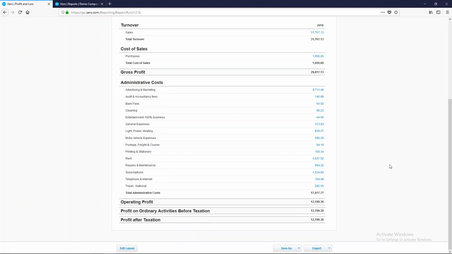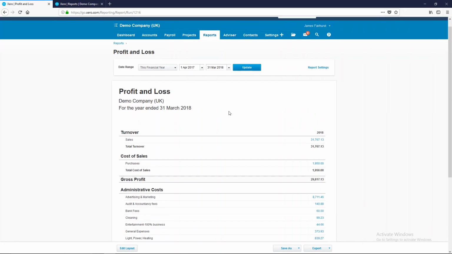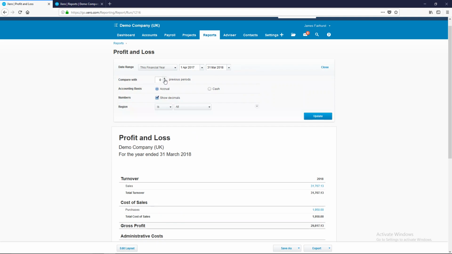If your accountant has done your accounts as well, or they might regularly look at your system on Xero and post an estimate of corporation tax, then you would also see tax being deducted here to leave you with your overall profit after tax. You can also compare periods by clicking on report settings,